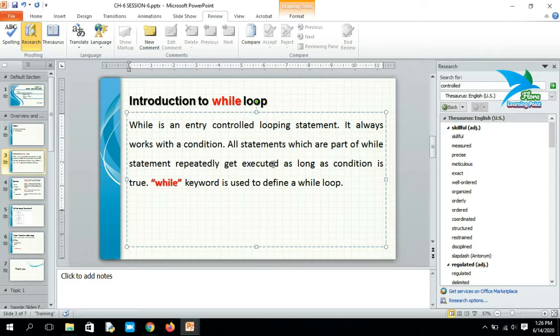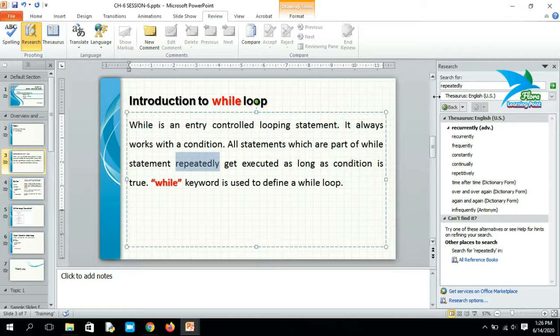Then, for example, if I choose repeatedly, then click on this one, it shows the synonyms related to that selected word. And if you want to choose from these synonyms, then just select any of the words.